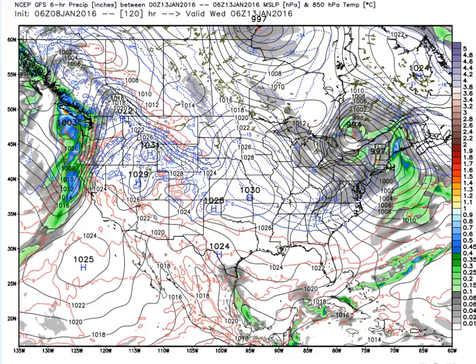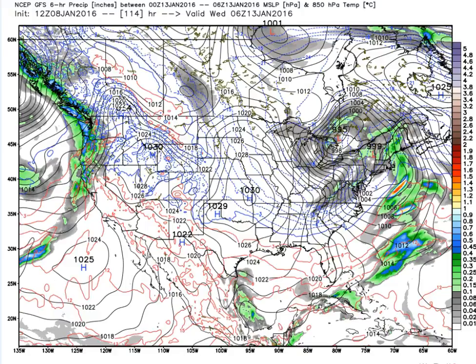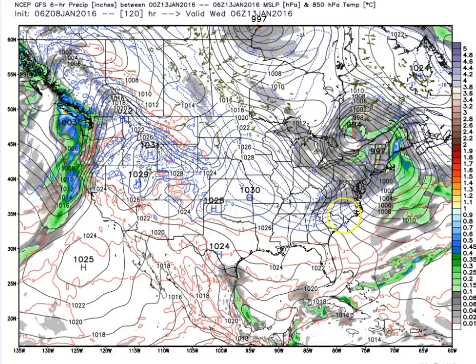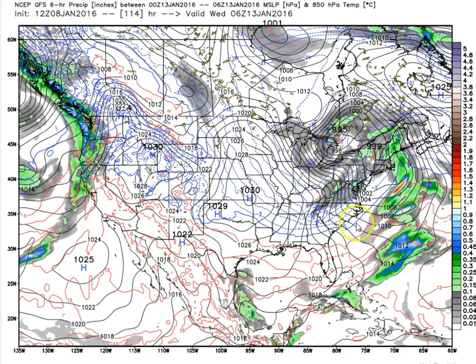So let's take a look at what happens with the new run valid the same time period. Now look at the differences here. Okay, here's the old run with the low here, front coming down like that. Now look at what's happening. We still have the low up here, and a weaker low here. But now it's trying to hint at maybe something happening down in here. There's a lot of energy feeding into this area, and the model is trying to figure out what to do with it at this point. But it is seeing more potential here than it was here,